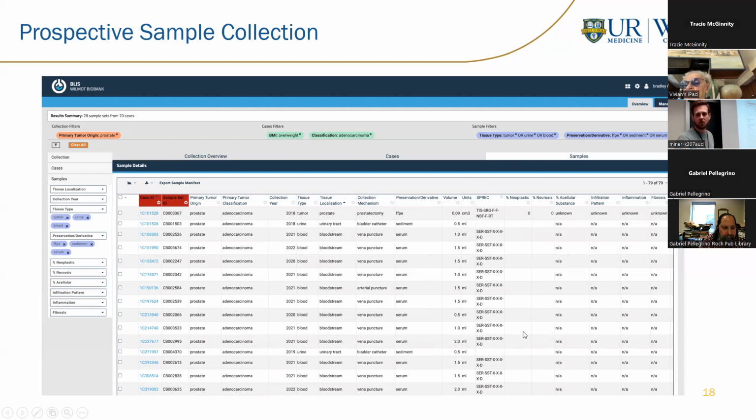Over here to the right, I won't get much into it, but this SPREC chain, there's info about this on our website. It's really a chain that defines the quality control measurements that we make. So everything from cold ischemia time, warm ischemia time, centrifuge speeds and times, that's all recorded in the SPREC chain. And information on how to read that is on our website. Really comes in handy if you're having issues, or the quality of your sample you think is off, or